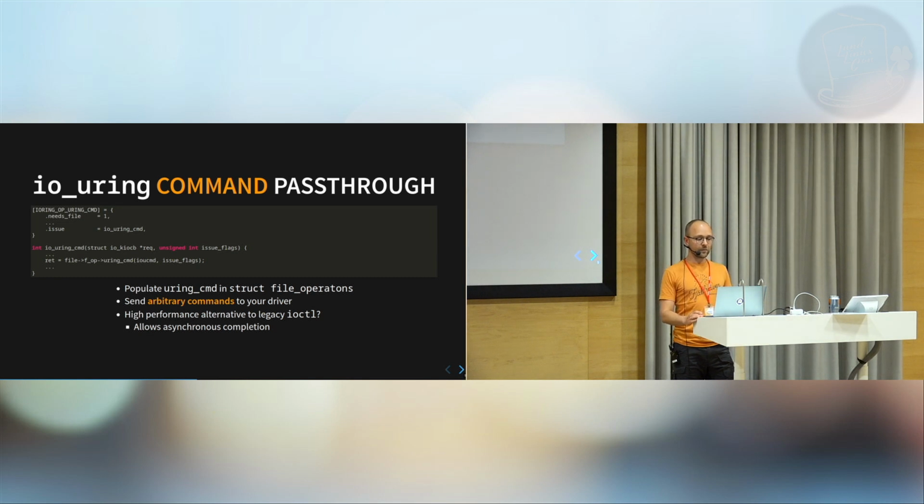One of the commands that was added to io_uring recently is the io_uring command pass-through. If you're building a kernel driver, you can create a file descriptor, and if you populate the uring_cmd in the file operation struct, then you can have this uring command hook into this file descriptor. Instead of ioctls, which you would normally use as a way of implementing custom syscalls for your device,